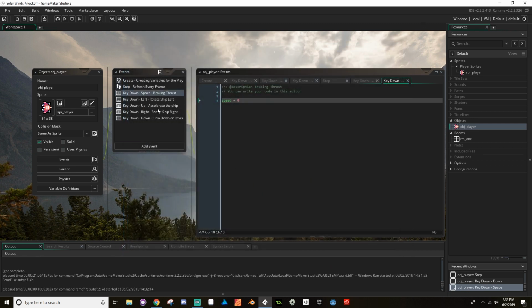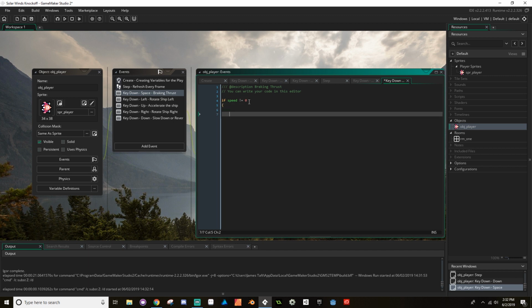So what I'm going to do here with space is check to see if the speed isn't equal to 0 already. So if speed is not equal to, in math, it's an equal sign with a line through it. But there's no key like that on your keyboard. So in programming languages, not equal to is exclamation point equal to 0. So if speed is not equal to 0,